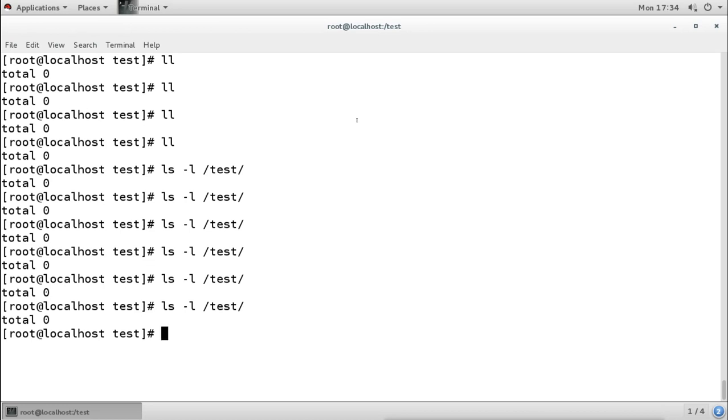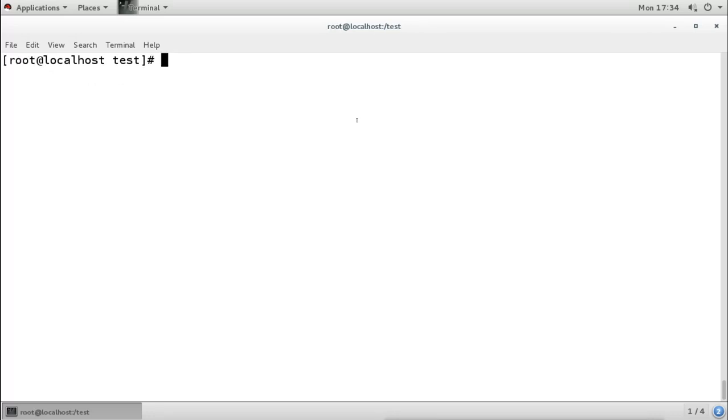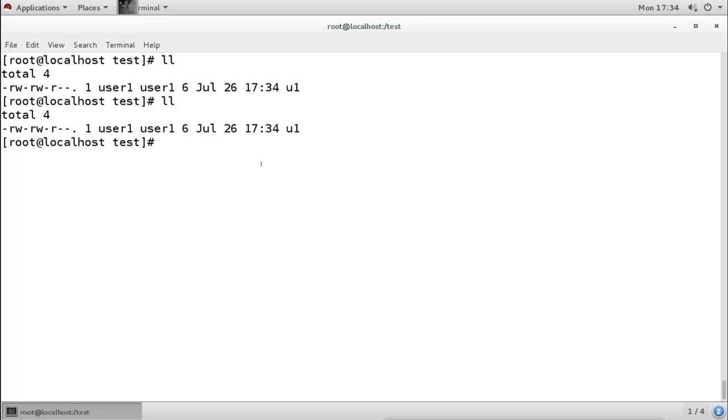So what I will do is use chmod, or I will use setfacl -m for the user, with the user name and the permission read write, on the file.